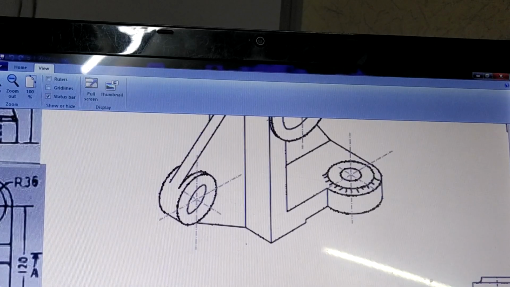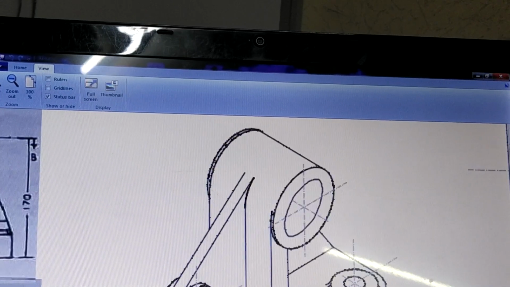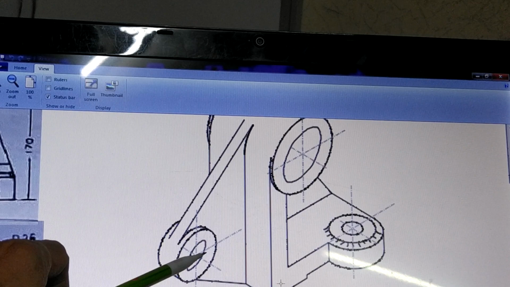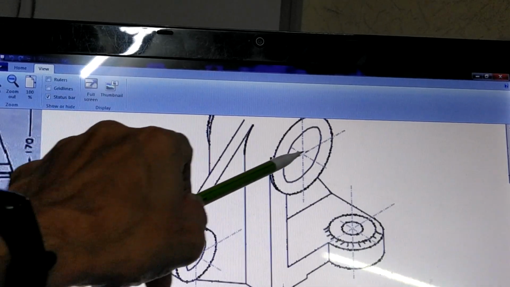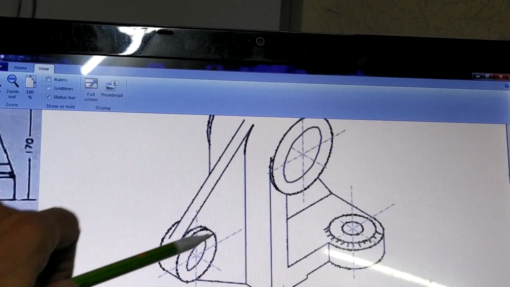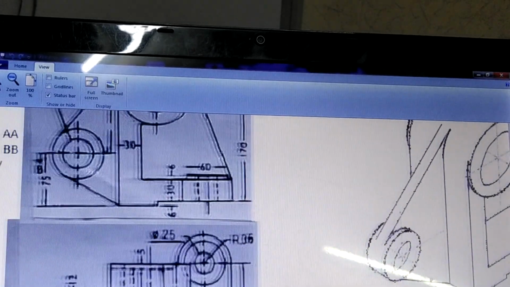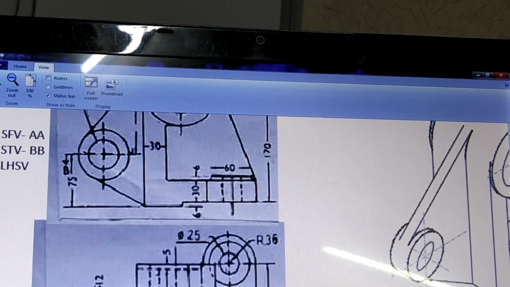Now all this, when you look at this object, it will be clear what is happening in the given sectional views. So we are asked to draw the sectional front view and then the sectional top view by cutting the object partly from here and partly from here, so that both these pipes are equally cut. Then the next is the missing view. So in this case, the left hand side view becomes the missing view.